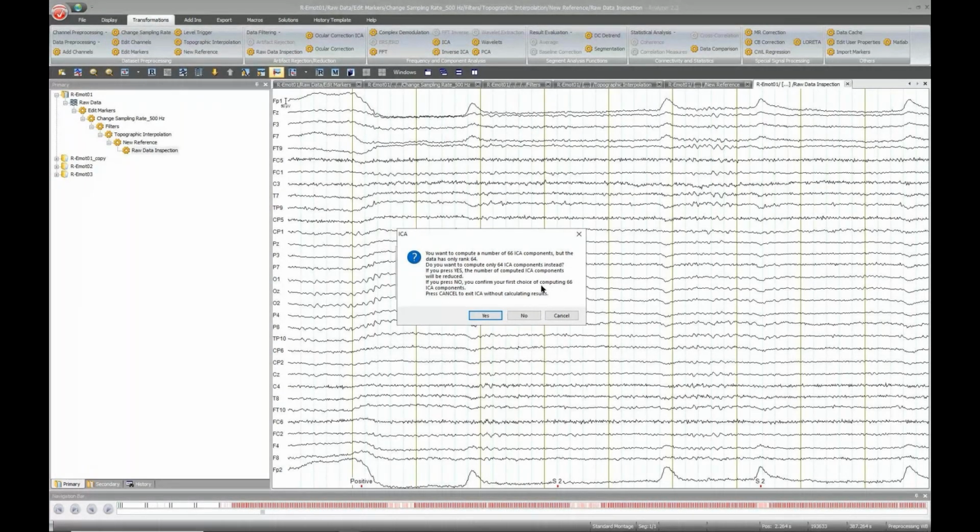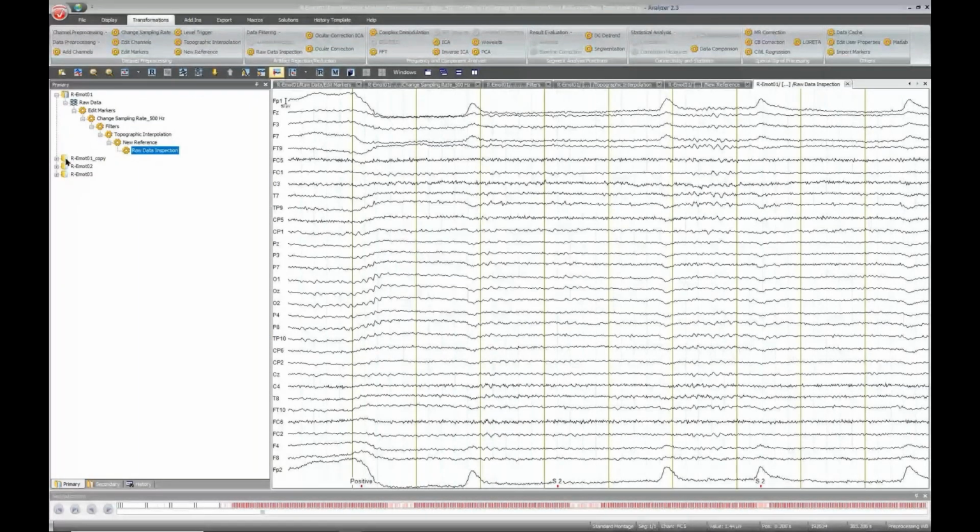So unless you have very well-founded reasons for going for 66 components or not reducing the rank, then the recommendation would be to click yes, which I would do right now. However, since it has been already calculated in the copy dataset, I'm going to click cancel to come back